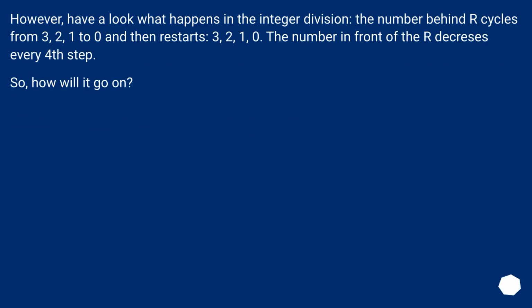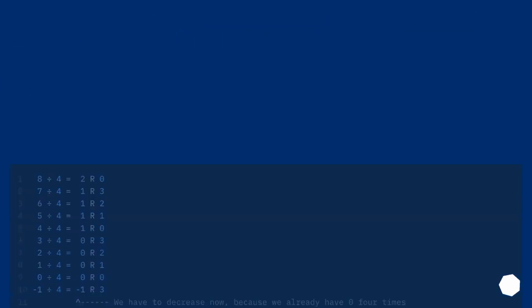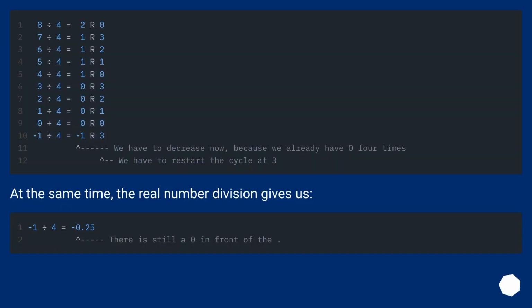However, have a look what happens in the integer division. The number behind the R cycles from 3, 2, 1 to 0 and then restarts 3, 2, 1, 0. The number in front of the R decreases every fourth step. So, how will it go on? At the same time, the real number division gives us